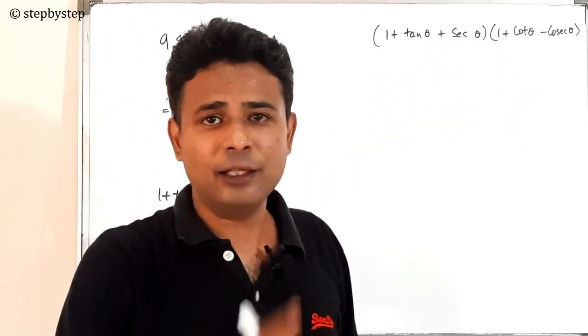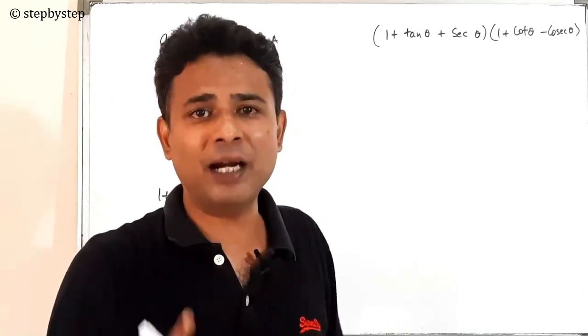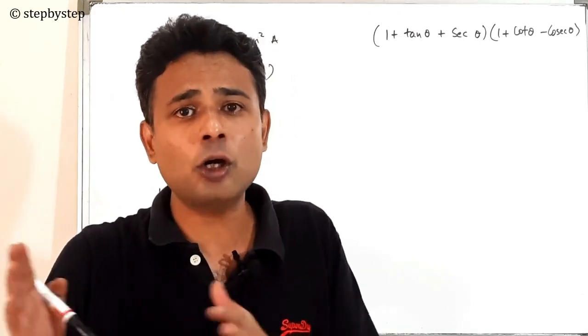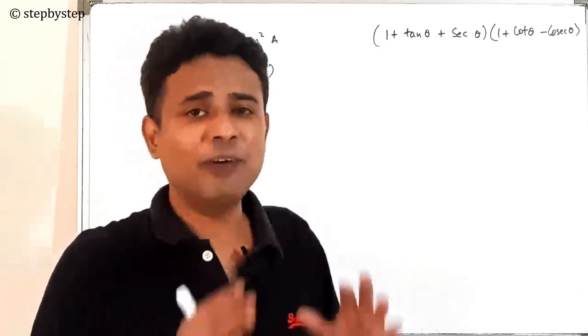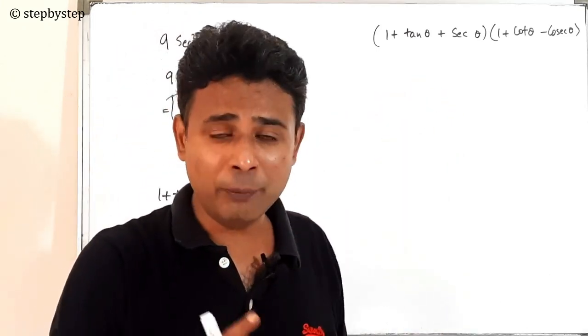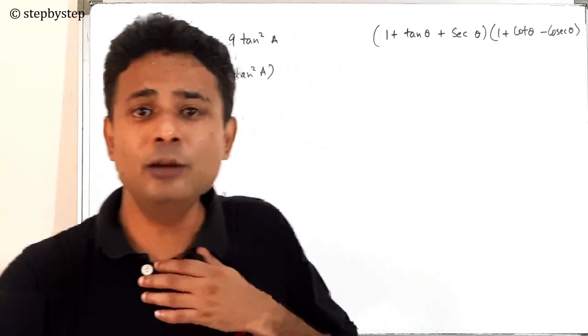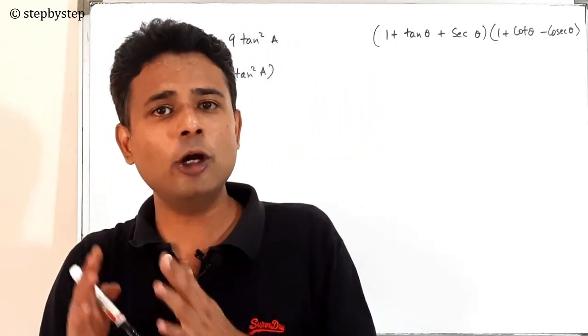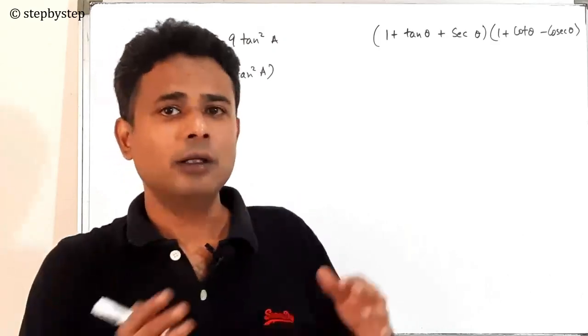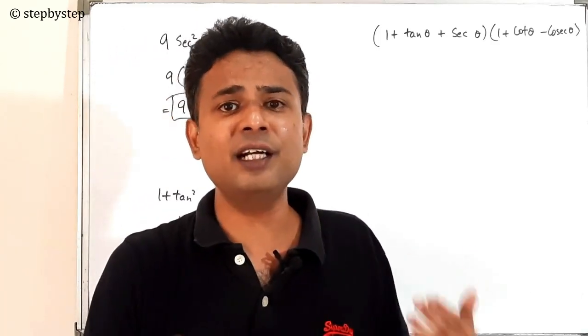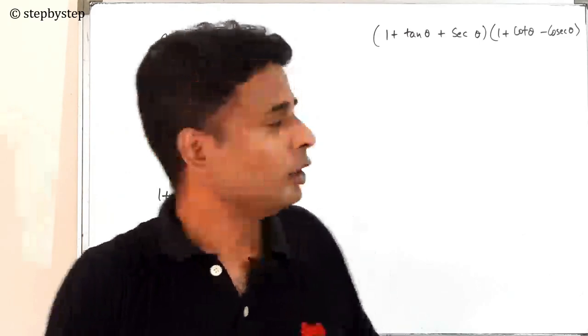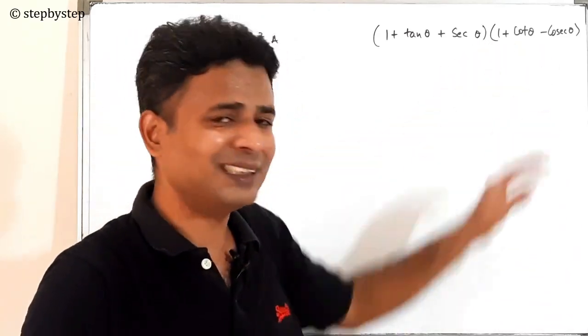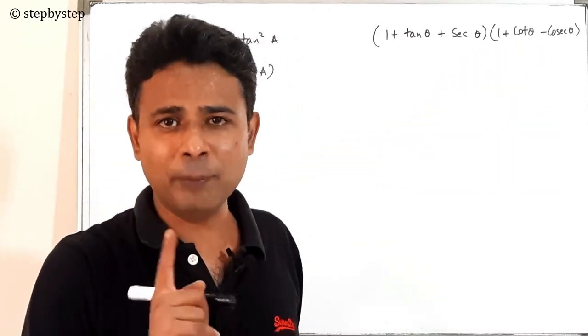Guys, now the second sub question, they asked you to evaluate this into this. And on the right hand side, you have 4 options. They are 0, 1, 2 and minus 1. So there is no tan or cot on the right hand side, which means whenever you are proving identities, remember this. This is one thing, if you remember, you will be able to solve most problems. If there is no tan or cot on right hand side, convert everything on left hand side in terms of sine and cos. So we have to prove this into this is equal to either 0, 1, 2 or minus 1, right?